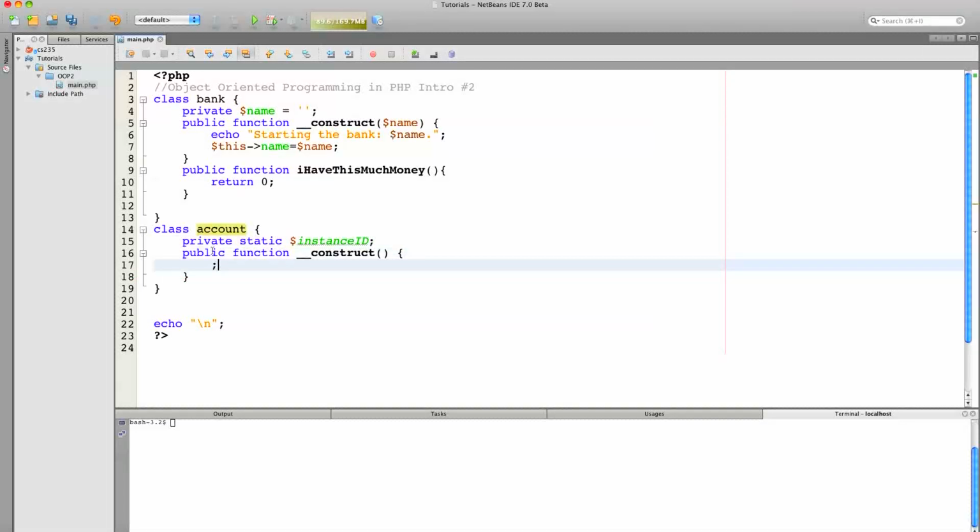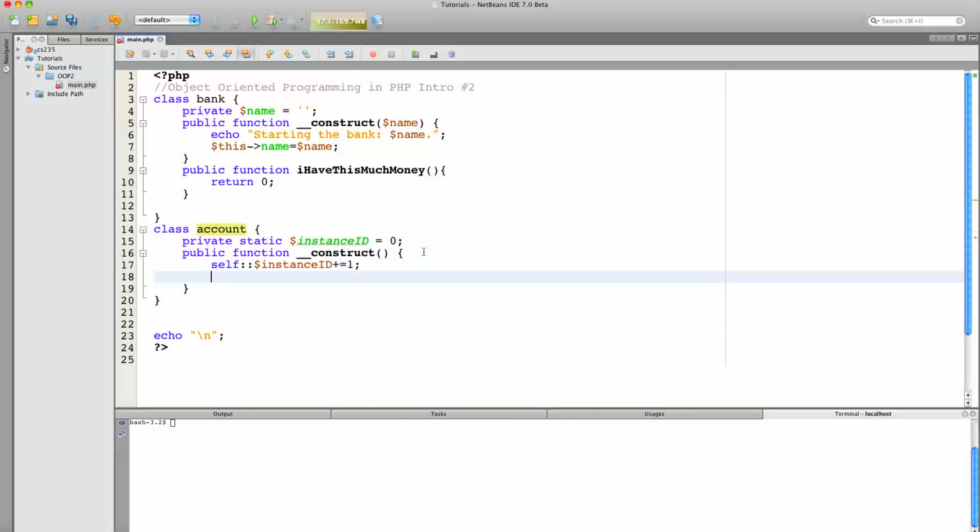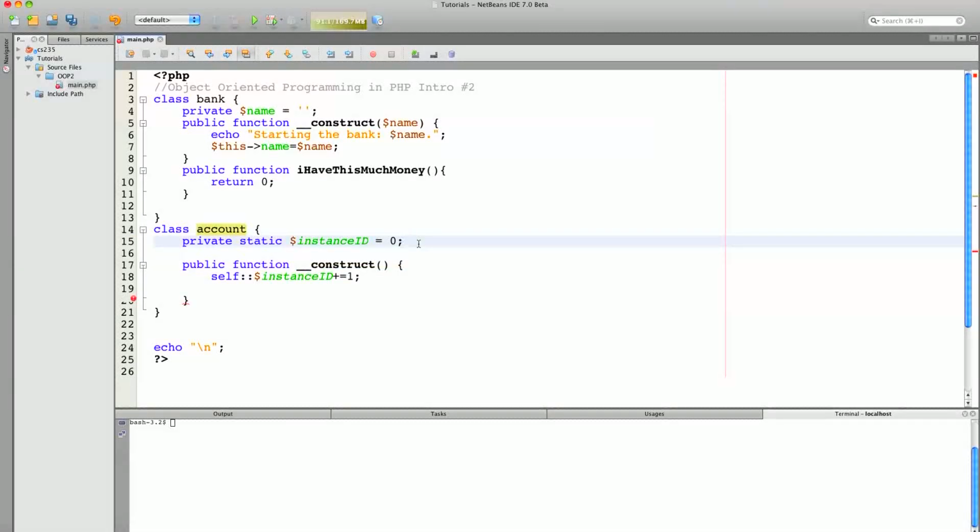So what I will do here is I will set this to 0, and every time an account is created I'm going to make some sort of ID with it, okay? So I'm going to say account, or I could actually just say self and say instance ID plus equals 1, and I'm going to say that this account's ID is private ID equals -1, and I'm going to say this ID equals